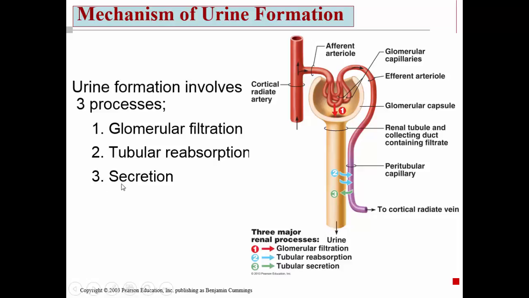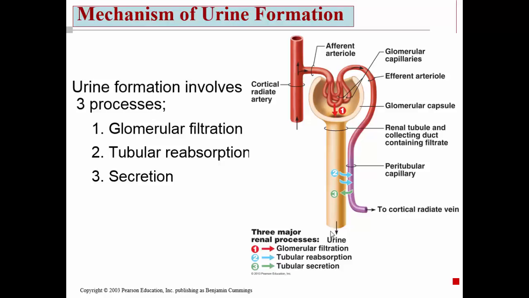The last step is called tubular secretion, and this step takes place at the very end of the nephron in the distal convoluted tubule. And in this case, substances are secreted from the peritubular capillaries back into the nephron for secretion as urine. In the next couple of slides, I'm going to go into more detail on these 3 steps,